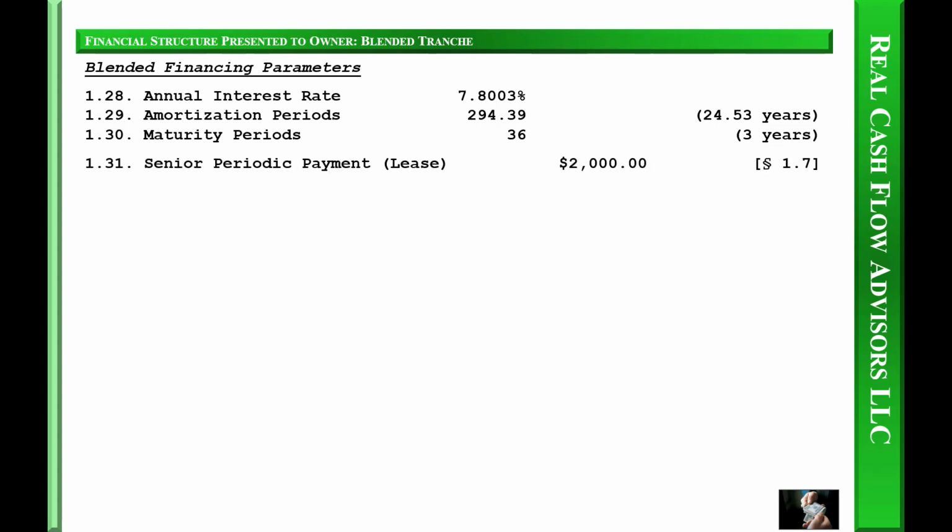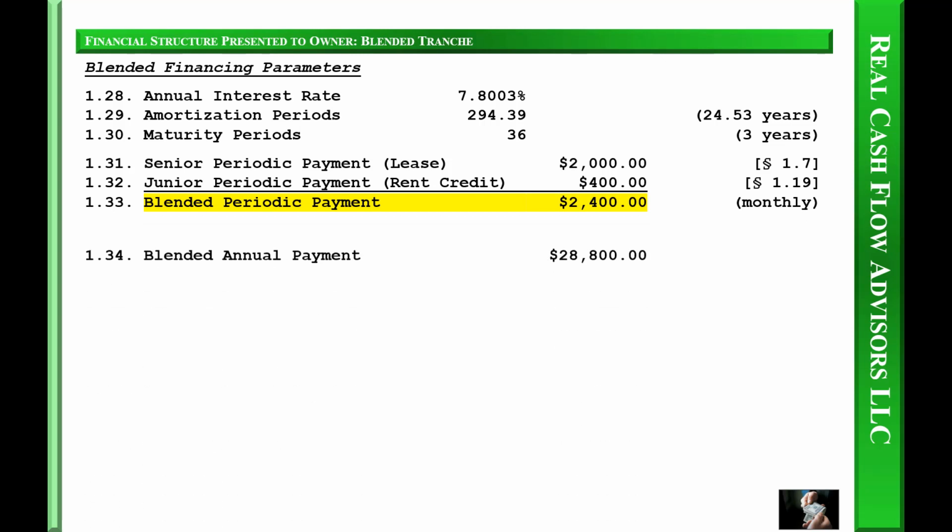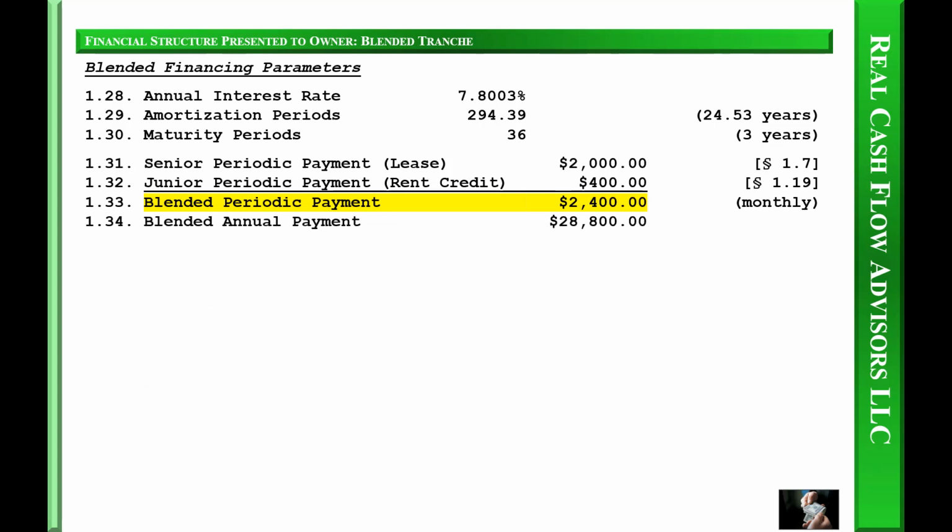Senior periodic payment. This is the lease payment, $2,000. Junior periodic payment. This is the monthly rent credit, $400. Blended periodic payment, $2,400 per month. Blended annual payment is $28,800.